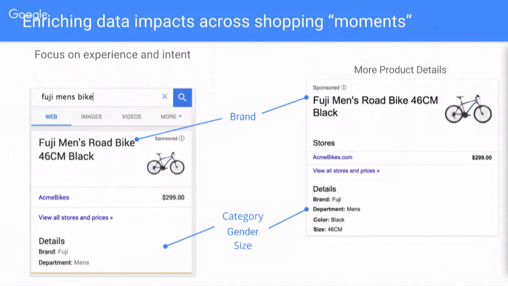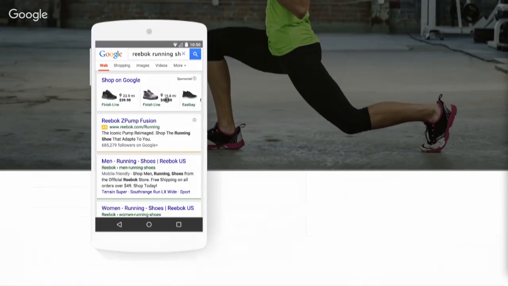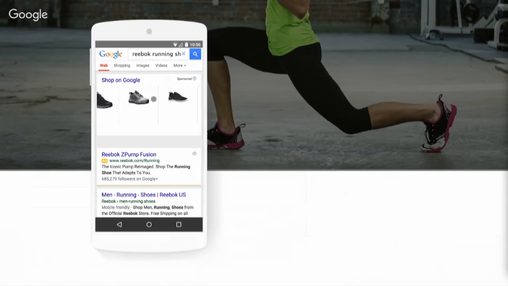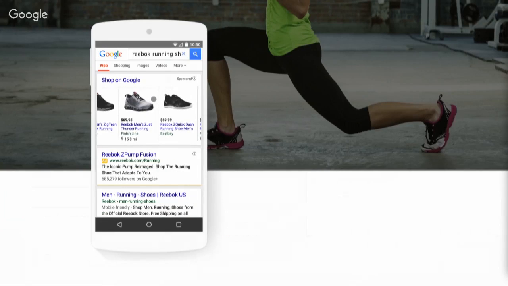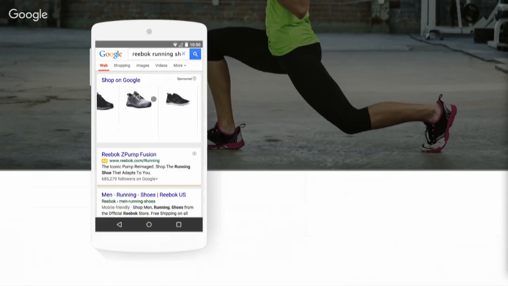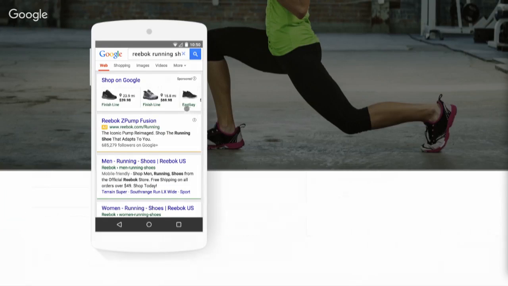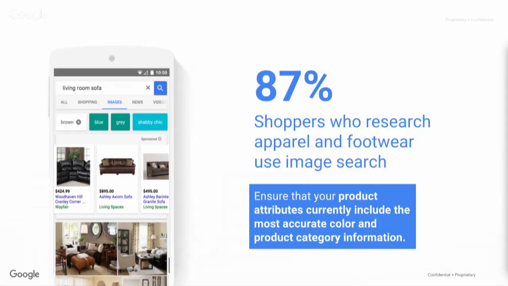Okay, so as an example, we can see here, this is something that didn't used to happen. We have those shopping ads expand out into more of this card kind of format, right? So this is something where the more relevant your information is, the better chance you're actually going to show up here. And as we expand into other products, having that robust information is going to help you get in front of those other products as well, because the requirements might increase. We don't know that because that hasn't actually happened yet, but we know this is happening all the time.